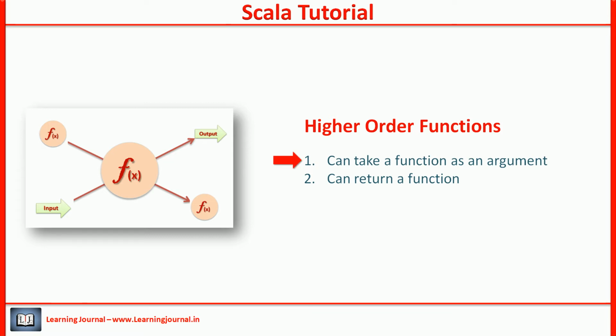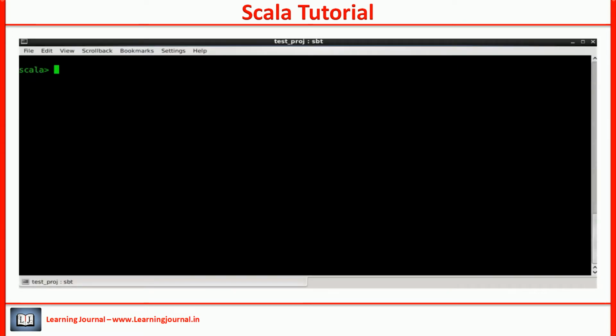How to create a function that takes another function as an argument. How to create a function that returns another function. The first one is straightforward. Let's take a simple example. Create an integer decorator function. It takes two arguments. The first argument is an integer. The second argument is the logic to decorate the given integer. So the second argument is going to be a function, right?